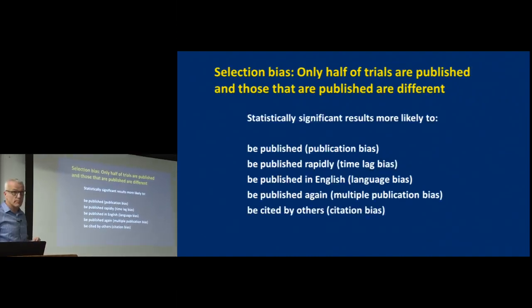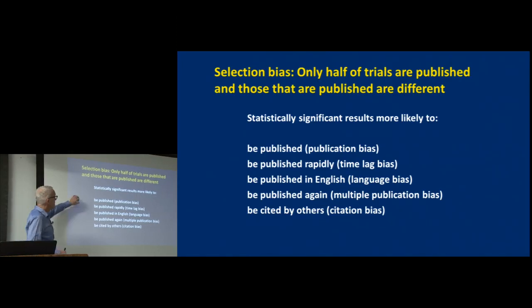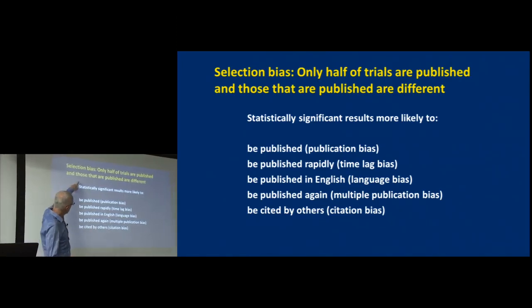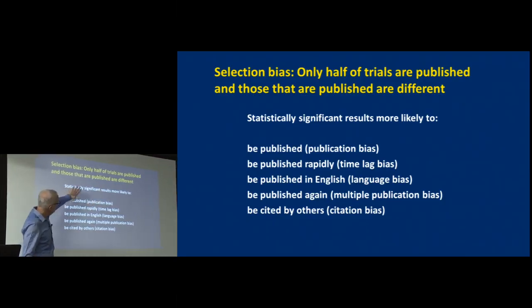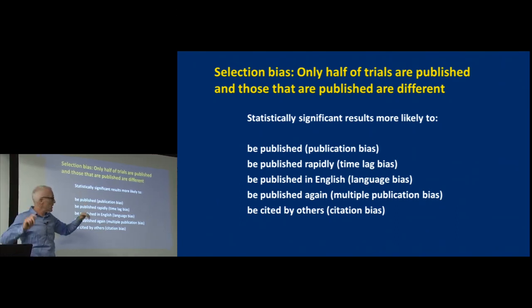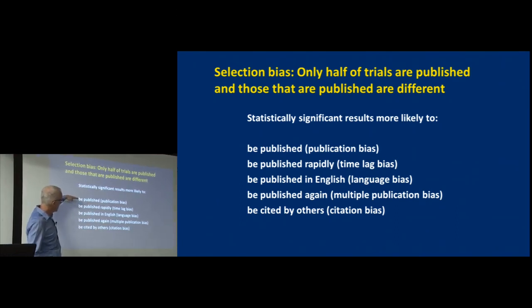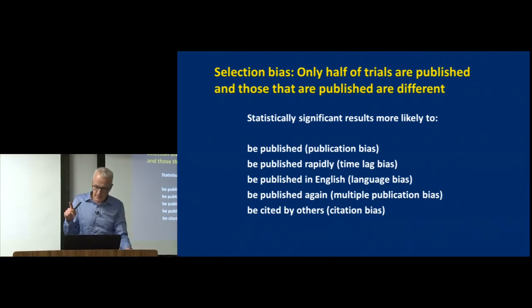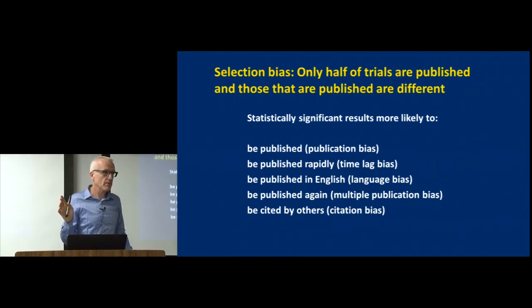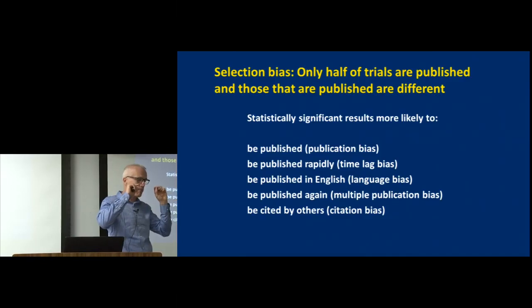And so with selection bias, it's well known that so-called, we have to put this in inverted commas, statistically significant results, that means the p-value is less than 0.05, are more likely to be published, more likely to be published quickly, more likely to be published in English, more likely to be published more than once, and more likely to be cited. So, these are the trials where the p-value is less than 0.05, because these are the trials that people think are positive